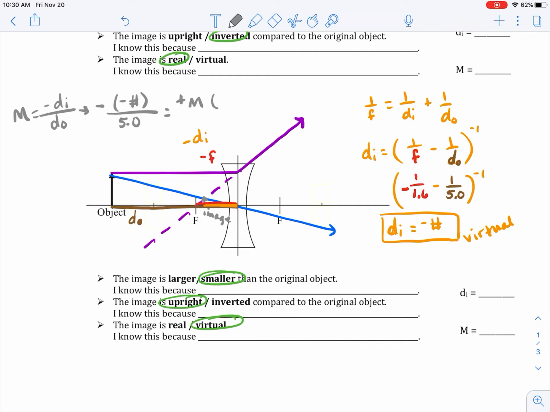So for this calculation, I'm going to end up with some positive m value. And if we look at the meaning of a positive m, this means that my image is upright, which my arrow was pointing up just like the actual object. Once again, we do end up in this example with a decimal answer, and so decimal answers mean that my image